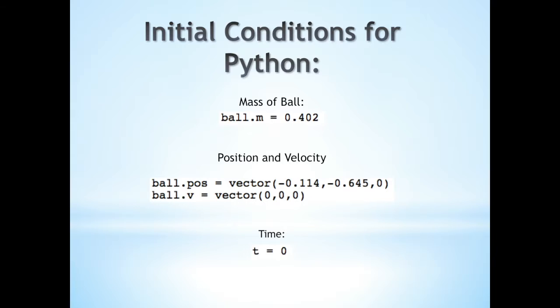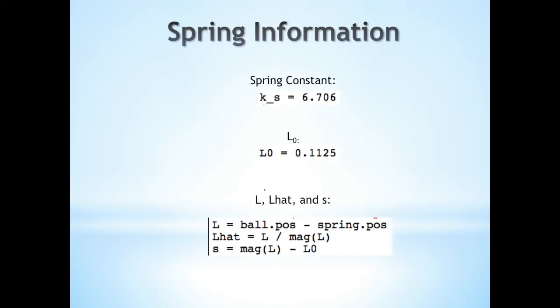Then the ball position is added using the first data point, which is (-0.114, -0.645, 0), and the velocity is set to 0 as the mass starts from rest. After that, we add in the values that were calculated for the spring constant and L naught. Then principles of a spring system are applied in order to calculate L, which is the ball's position minus the spring's position, L hat, which is the directional component needed to compute the spring force, and